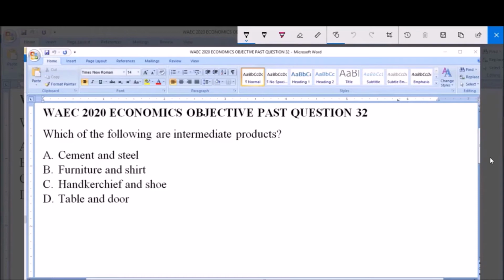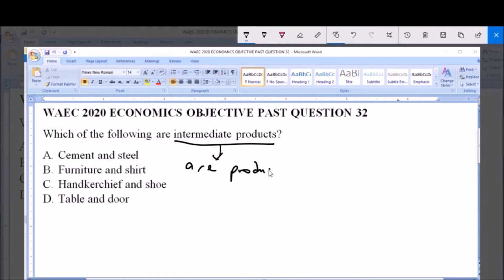I will be answering Waec 2020 Economics Objective Past Question 32. Which of the following are intermediate products? A. Cement and steel. B. Furniture and shirt. C. Handkerchief and shoe. D. Table and door. So the concept here is intermediate products, and intermediate products